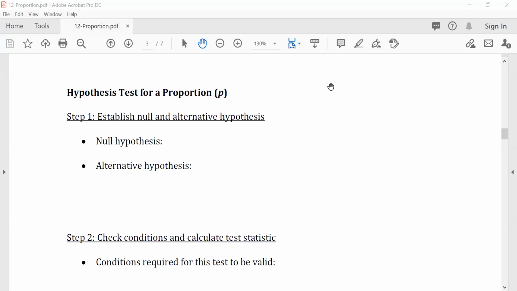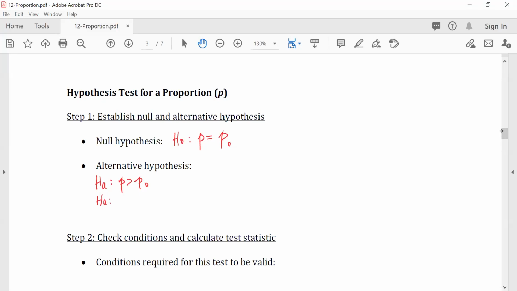Okay, in this video, let's talk about how to conduct a hypothesis test for one sample proportion. So, the same 4 steps as what we have seen before. First, establish the null hypothesis and alternative hypothesis. Again, the null hypothesis is always going to be something with the equal sign. And the alternative hypothesis could take 3 different formats: